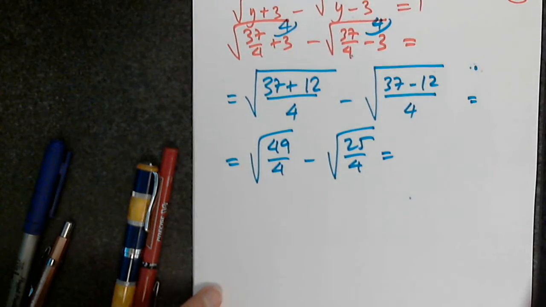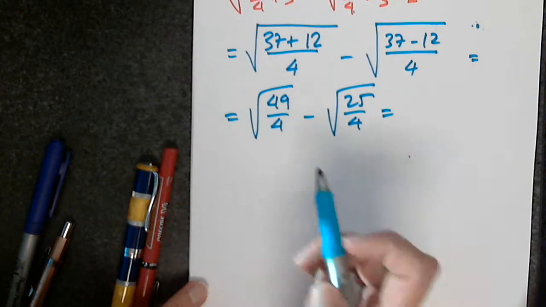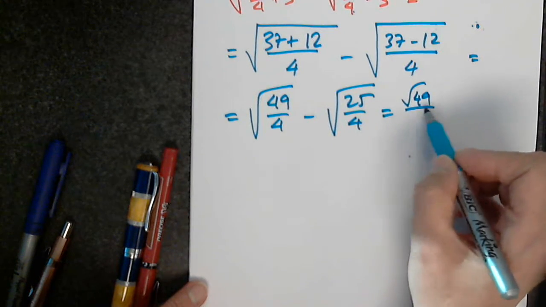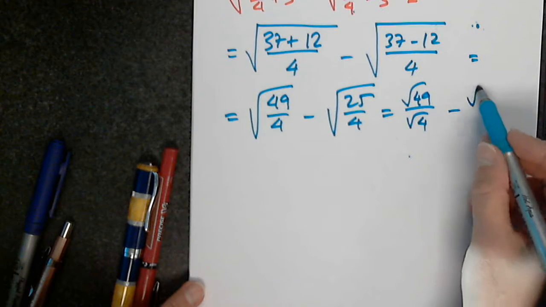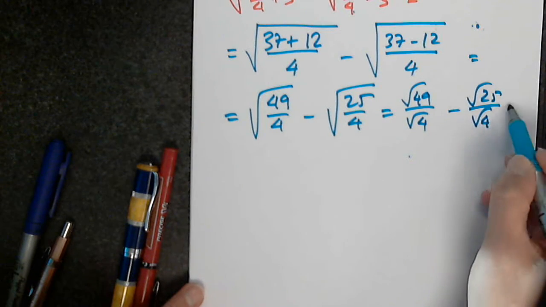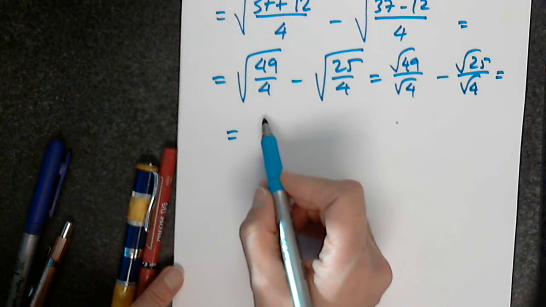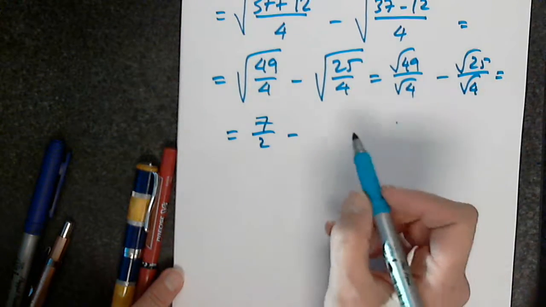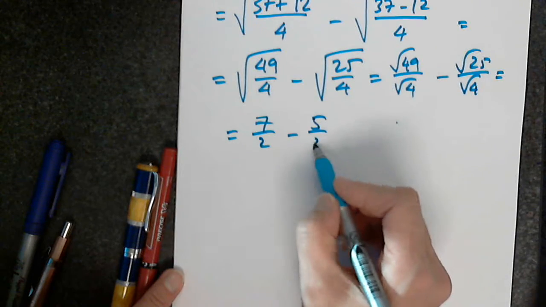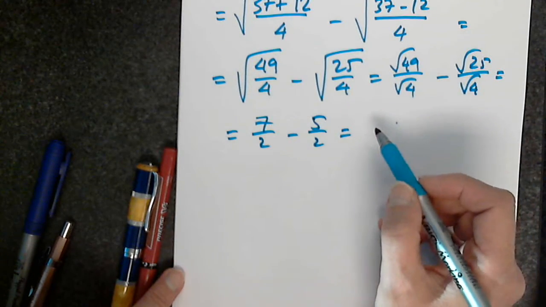I know how to split this. This is the square root of 49, I learned in this chapter, over the square root of 4, minus the square root of 25 over the square root of 4. And then this becomes good, minus, which is